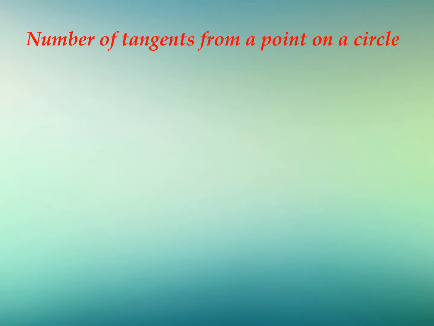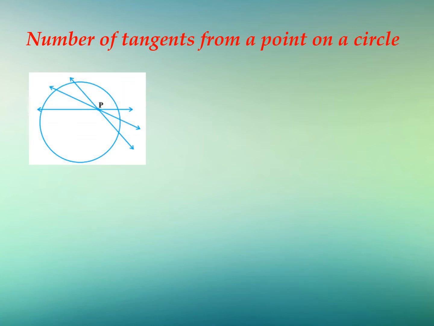Let's see the number of tangents from a point on a circle. We have already seen the number of tangents drawn at a point on a circle. Let's learn a little more about it here. You have a circle here and a point P which is lying inside the circle. Now let us try to draw as many lines as possible passing through this point P. You can see that three lines have been shown here. These are not the only three lines you can draw. You can draw as many lines as you like that pass through this point P and also cross the circle.